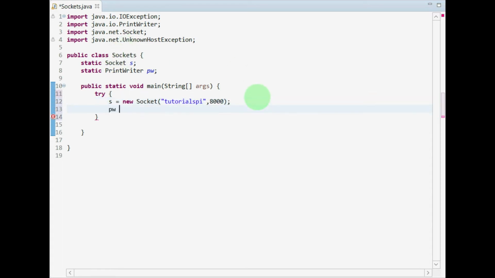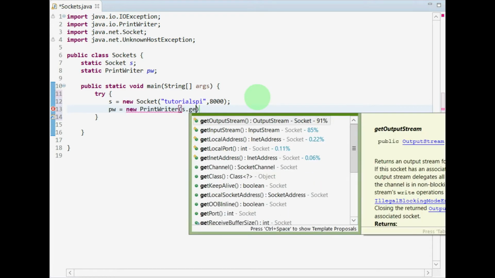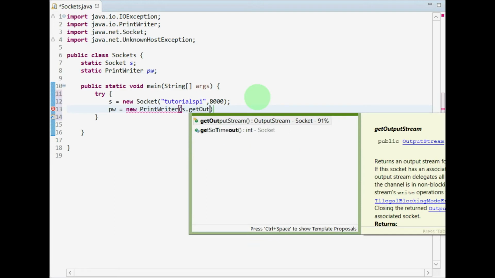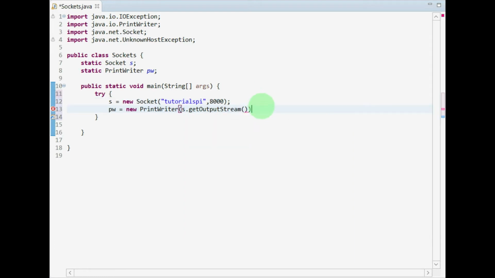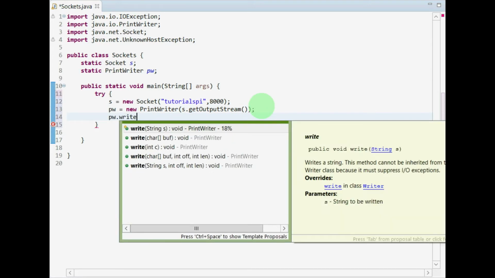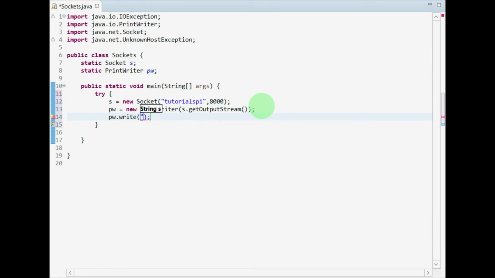The next thing we need is to set up the print writer. So we do pw equals new PrintWriter, open brackets, s.getOutputStream, open bracket, close bracket, and then don't forget to close it with a semicolon. Next we need to do pw.write, open quotes, and this is the message we're going to send. So I'm just going to send hello world,